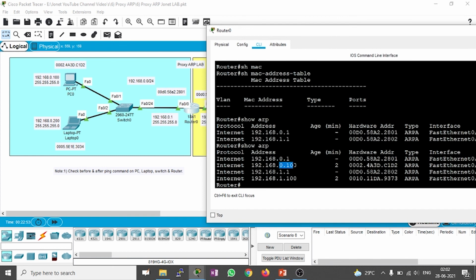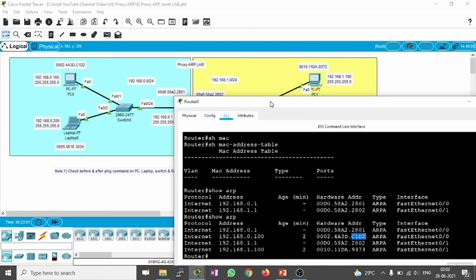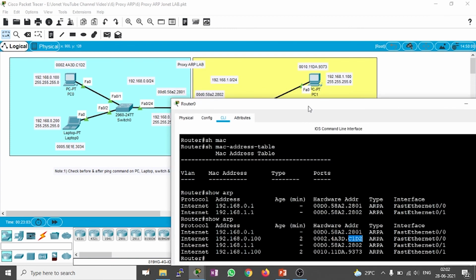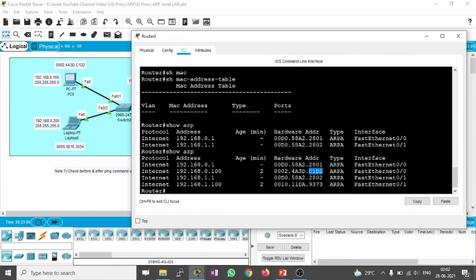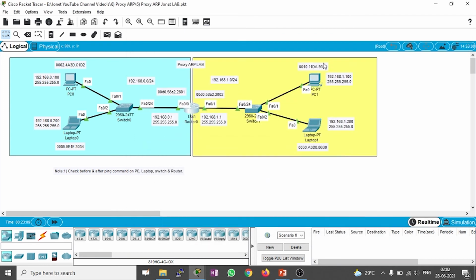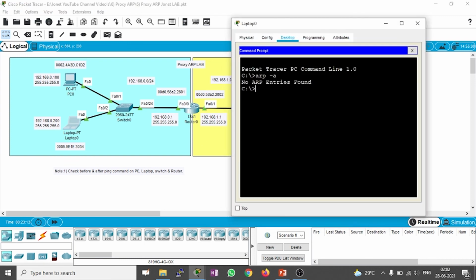For 0.100, here we have seen C1D2. For 1.100, we can see 9373. So like that, for the PCs which communicate with each other, the router will maintain the ARP table. The router also maintains the ARP table.